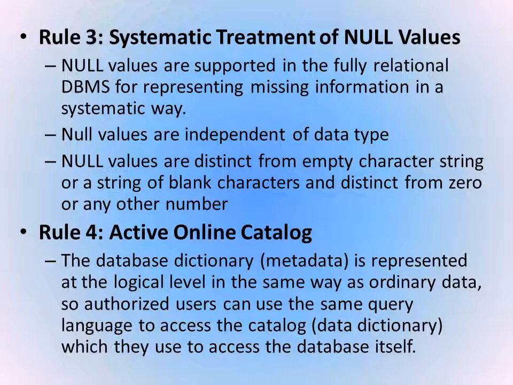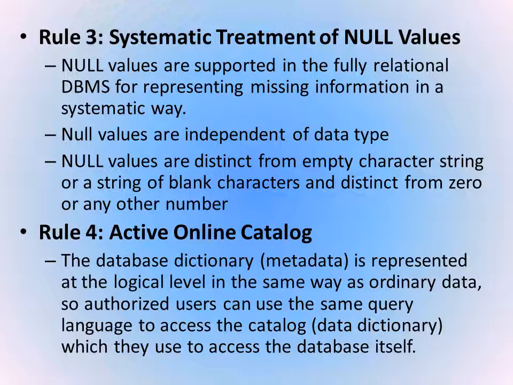Thus null has several meanings. It can mean missing data, or not applicable, or no value. It should be handled consistently, uniformly. Now what does this rule mean? This rule means that if any of the value for a cell is unknown, or not applicable, or missing, then it cannot be represented as empty or 0. So it must be represented as null.